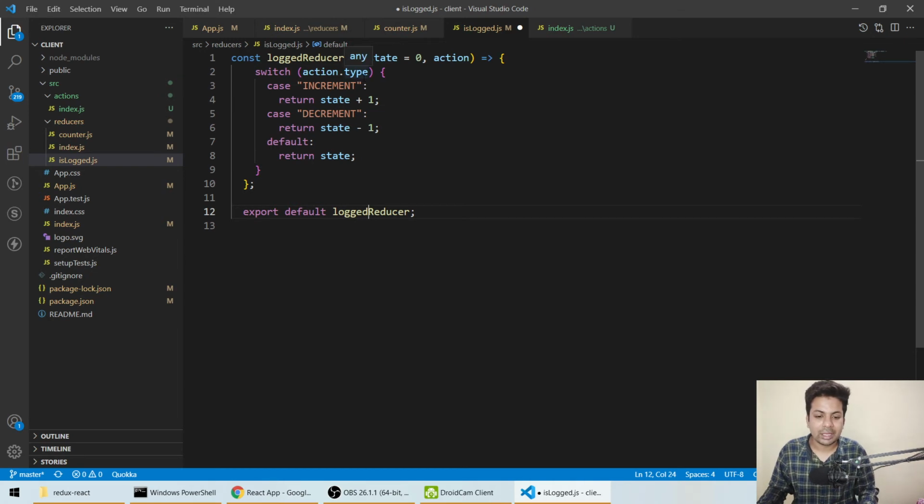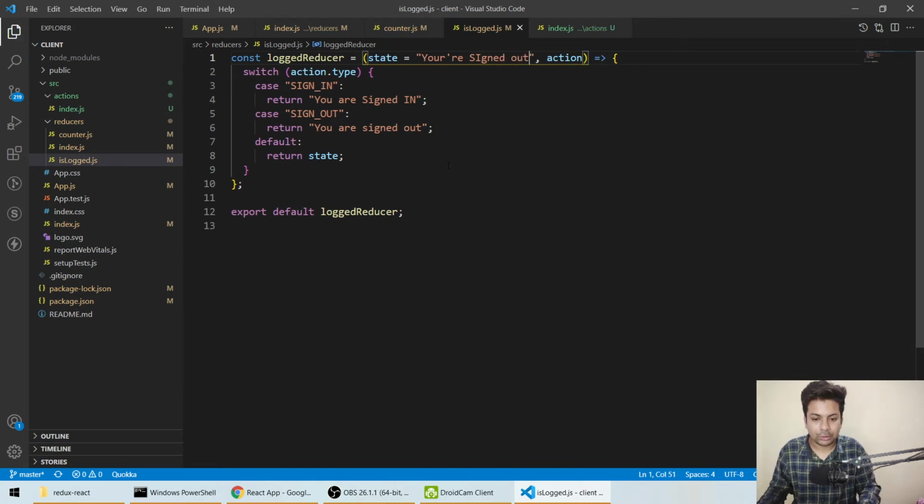If action.type is sign in, then we'll say, hey, you are signed in. If sign out, we'll say you are signed out. Instead of 0, at the starting we'll say you are signed out.